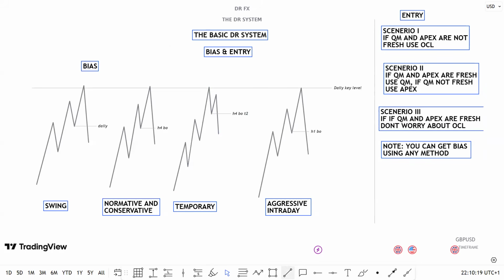Meaning for us to have a permanent bearish direction, we still have to wait for the type 1 breakout below here. Then we'll say we are permanently bearish. But as far as the market did not break below here, it's just a short-term sell, meaning it's helping me to stop buying. Sometimes I used to have a POI here. I will not buy anymore. Why? Because I have a temporary bearish direction. Even if it holds, I don't care. I am not